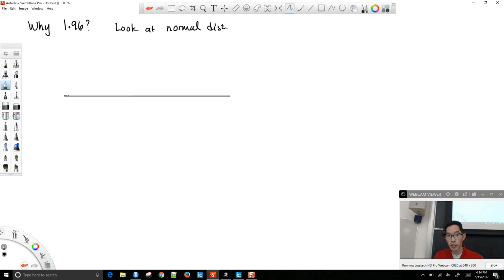And so here I've got the normal distribution. And let's say, I'm going to put 0 in the middle. Let's say I want 95% in the middle. If I want 95% in the middle, how much will I have in each tail over here? How much do I have over here, and how much do I have over here? I'm going to have 2.5% in each side, right? Because we need a total of 100%, so I'm going to have 0.025 over here and 0.025